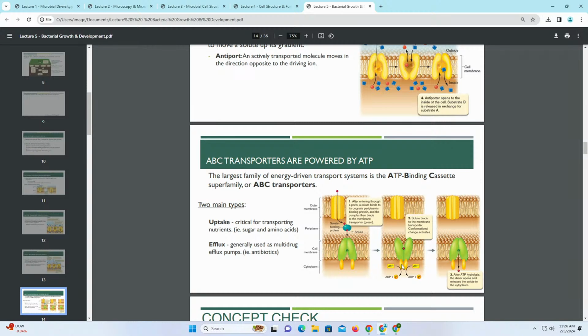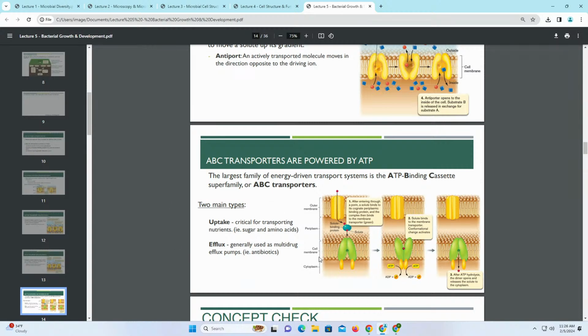And then in order for the solute to be able to go through into the cytoplasm, you need this ATP hydrolysis to happen. And so there are different ways that these are used, so that's really the mechanism that I'm explaining, but it's one of the main reasons that these are found in so many different domains of life: it's a critical way to transport nutrients like sugars and amino acids into the cell.